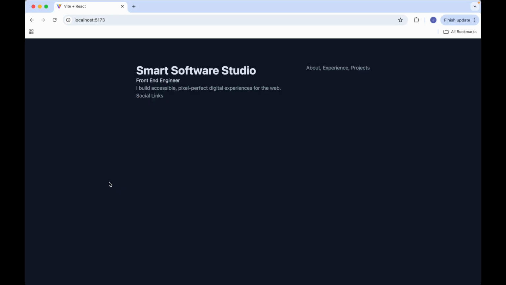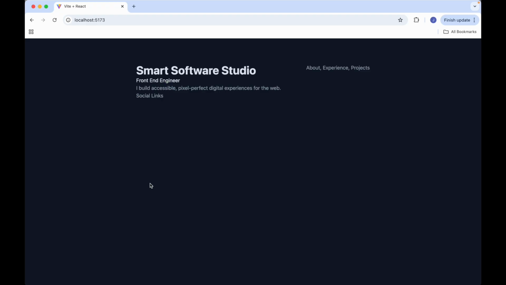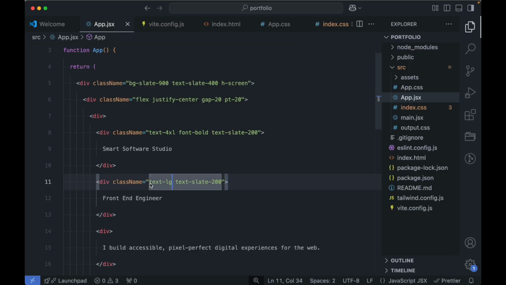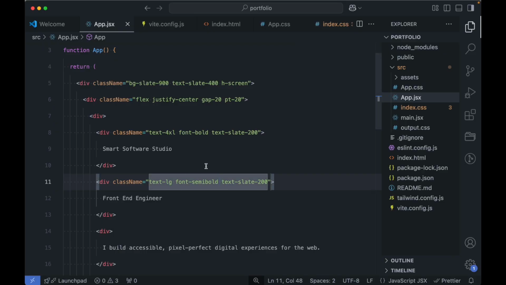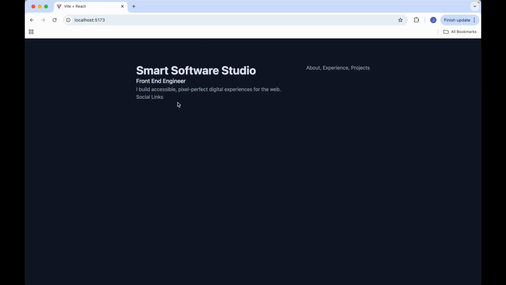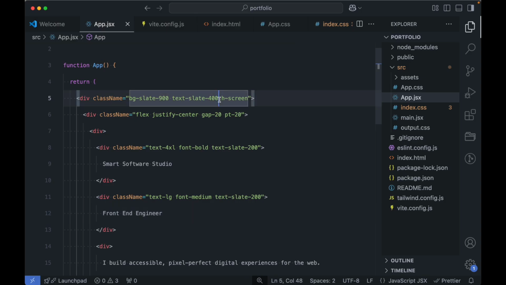Yep, so only they have that color. And then let's increase the font size of this to text LG and font semi bold. So font semi bold is a bit too much, so maybe let's change it to font medium. Yes, and then I want all of it to have some gap in between them, and the rest of the font sizes to be a little